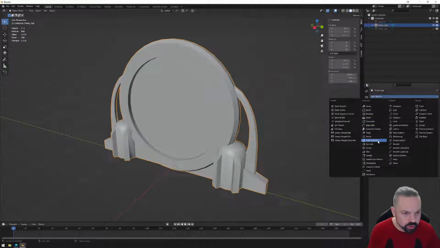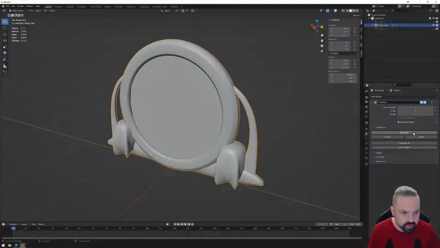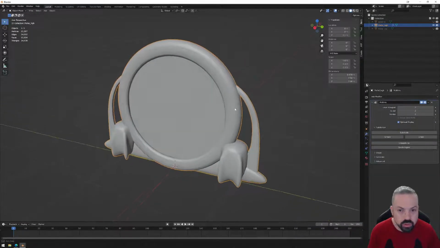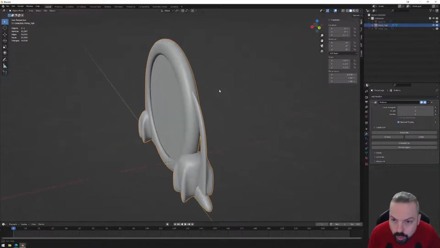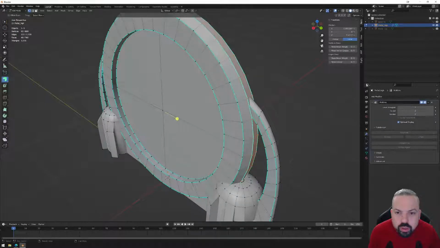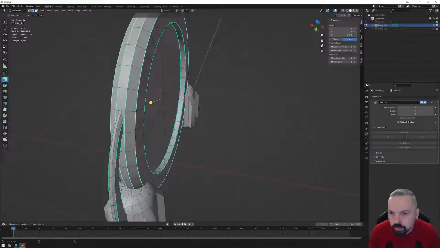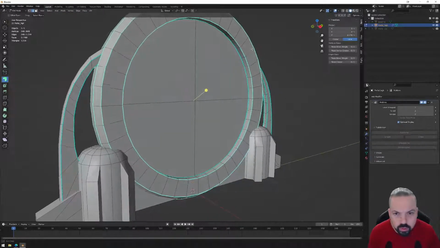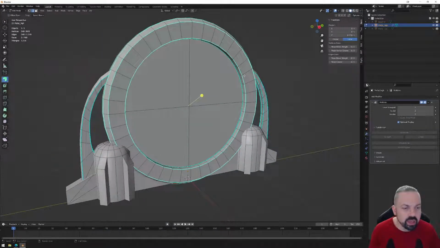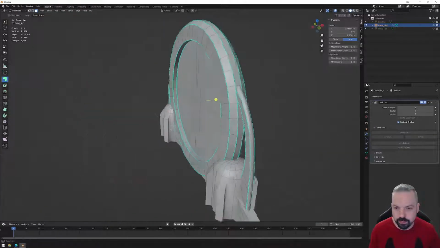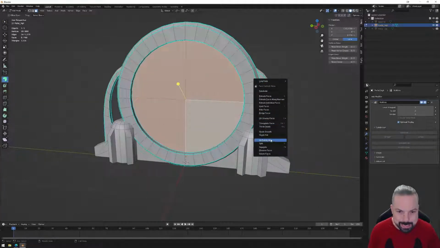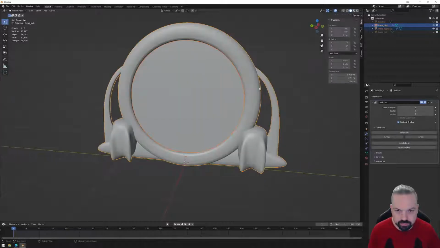So we want to multi-res, subdivide 2 times, which is interesting. And we're going to actually separate all of the objects here. So separate selection,